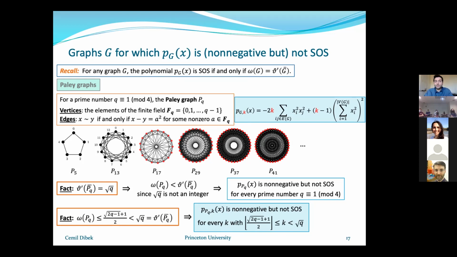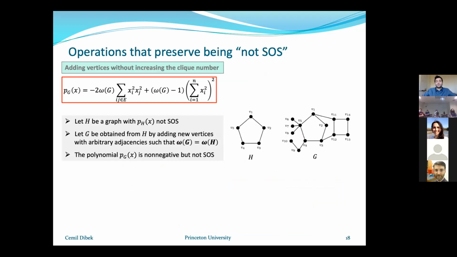All right, so these are 3 graph families. As I said, there are many more. You can check out the paper. There are several other graph families. But now I want to describe 3 operations that preserve being not SOS. The first one is a very simple one, adding vertices without increasing the clique number. So here, you start from a graph for which you know that the polynomial is not SOS, such as